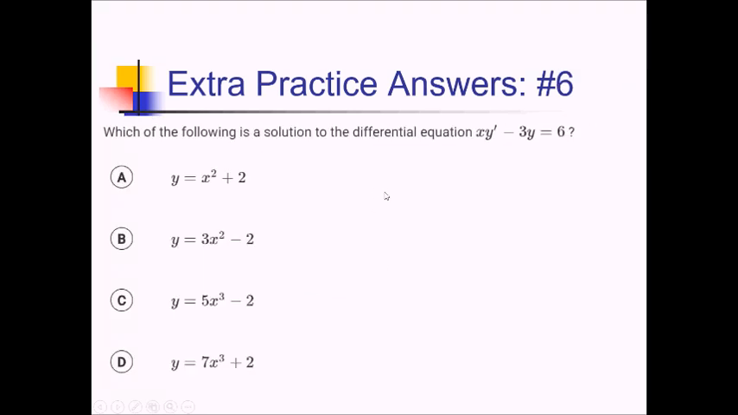On this problem, I want to know which of these is the solution to this differential equation. I'm not really sure how to solve this differential equation on its own merits, but I have all these possible solutions. To figure out which one is the true solution, I can verify it by just plugging it in